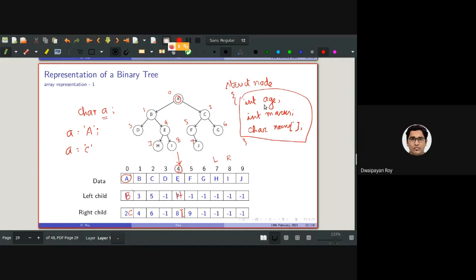For int character, it is taking 4 bytes. For int marks, it is taking 4 bytes, and for character names, if I put 80, it is considering 80 bytes. So altogether, I am considering around 28 bytes. All these 28 bytes need to be stored here. Sorry, not here. Here it is already stored, for here as well as here.